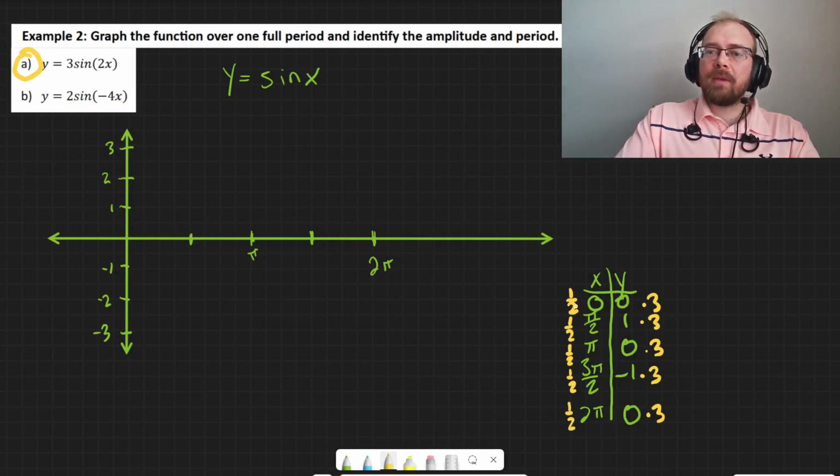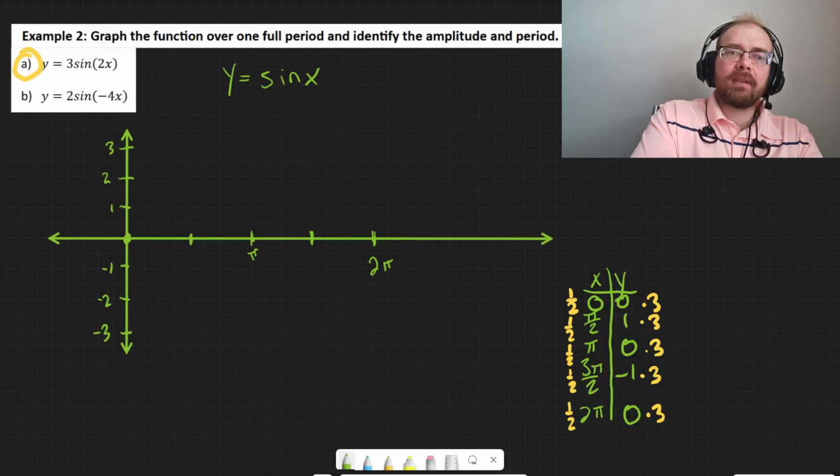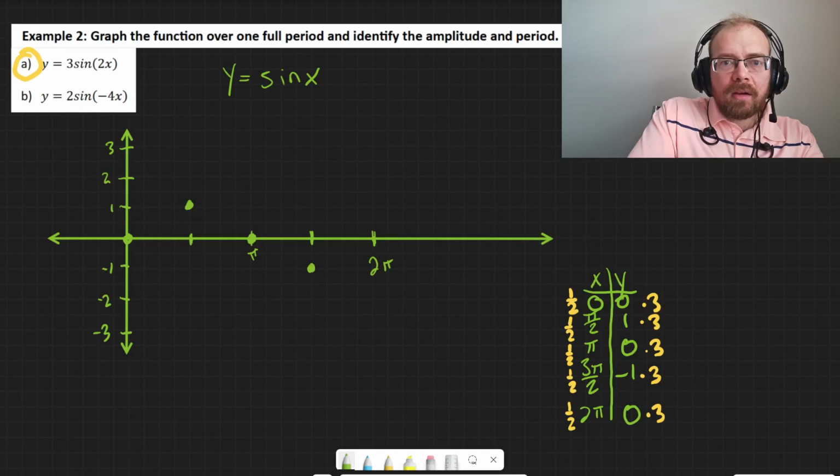Okay, so that would give me, actually, you know what? Let me do this. I want to graph the graph of sine x as well. We'll overlap it. So the graph of just sine x by itself would go like this, and then here, and then here, and then here. So here's one period of sine,